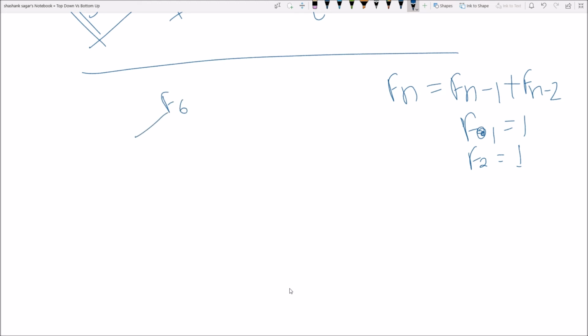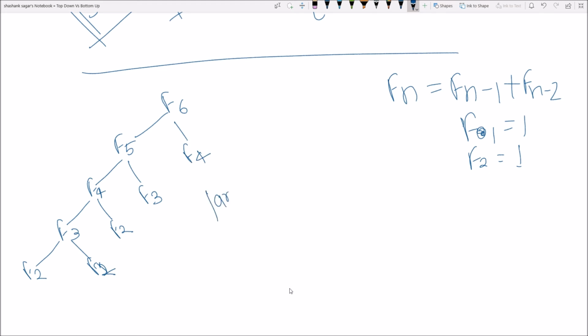For f of 6, f of 6 was calling f of 5, f of 5 was calling f of 4, f of 4 was calling f of 3, f of 3 was calling f of 2, then f of 3 was calling f of 1, f of 4 was calling f of 2, f of 5 was calling f of 3, and f of 6 was calling f of 4. So here we were going from a larger subproblem to a smaller one, and then again with the help of the smaller we were finding the answer of the larger subproblem.